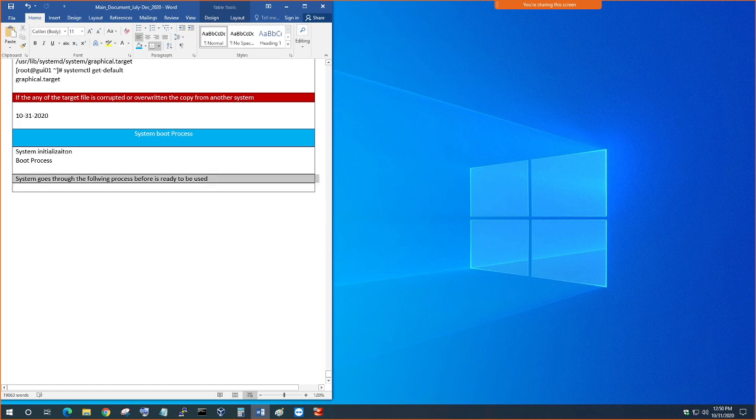This is true for any system, whether it's Windows or not. So when you first power on, what will happen is when you push the button,